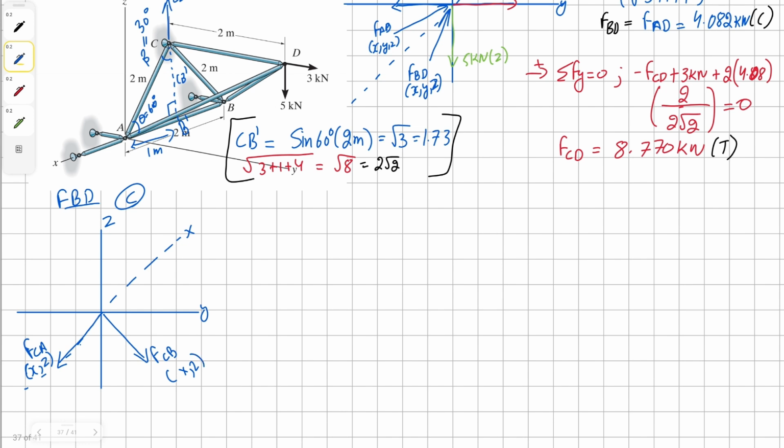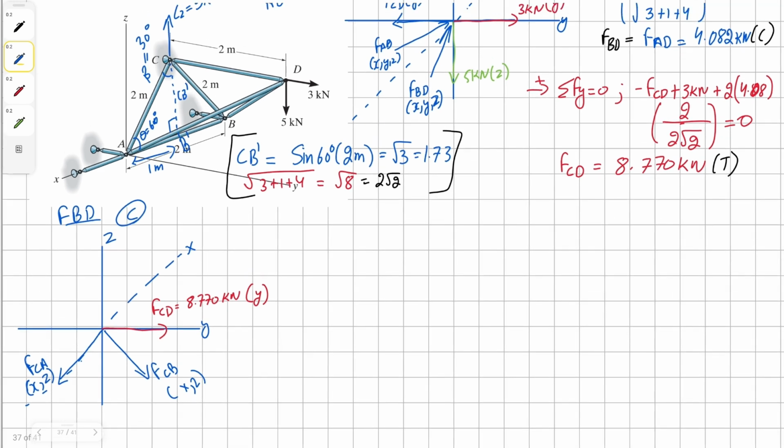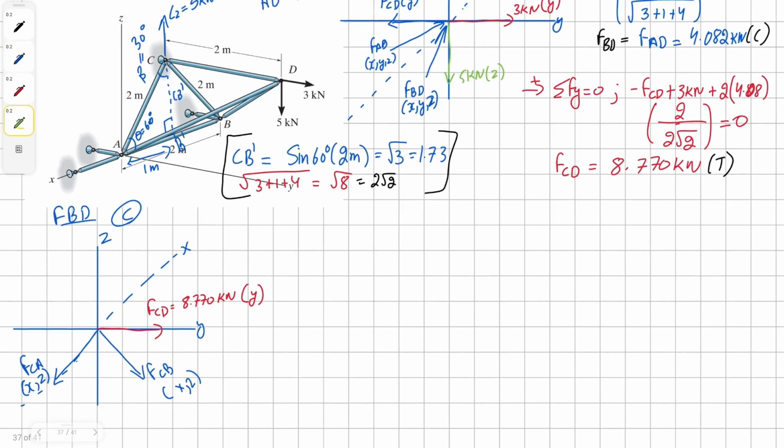Then we have force CD, which we have found already, and it's 8.770 kilonewton, and it's projecting along the y-axis. Okay, now to solve this problem, oh, and another thing we missed, the z-axis reaction force, and this is 5 kilonewton. Okay, now that we have everything,